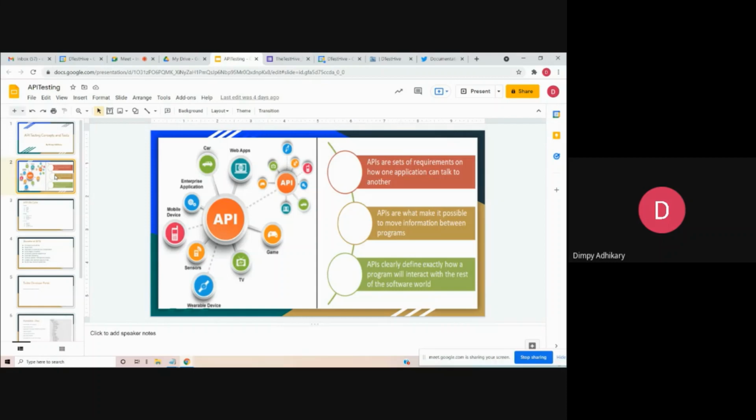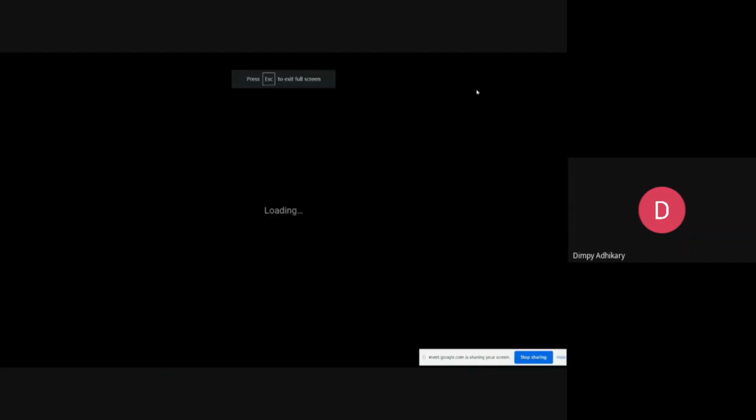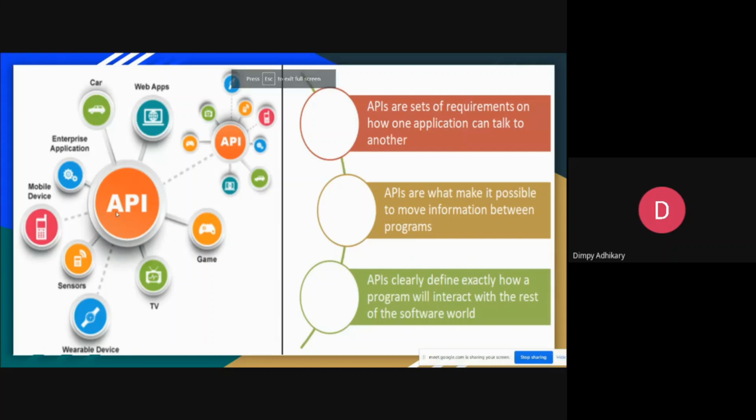consumer side, right? Okay. Now we know what an API is, how the entire thing works, and the business value it brings to the table. If you see in my slide, you can see all this: car, maybe your enterprise application, your web application, your gaming application, right? TV, then your smart devices, everything is interconnected, right? So those are using some APIs, and APIs are connecting to a server or a broker, which can actually help them